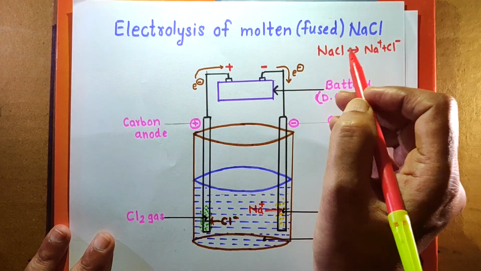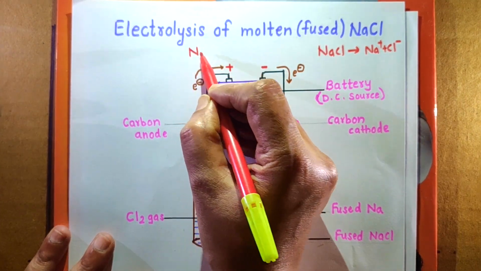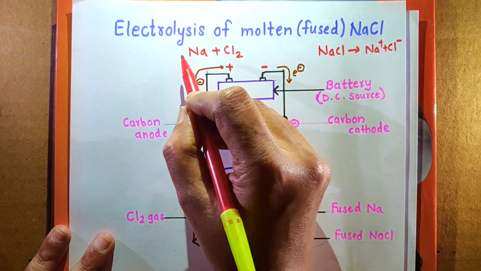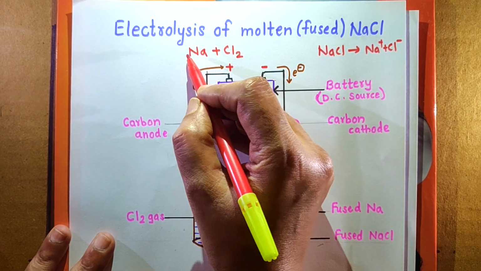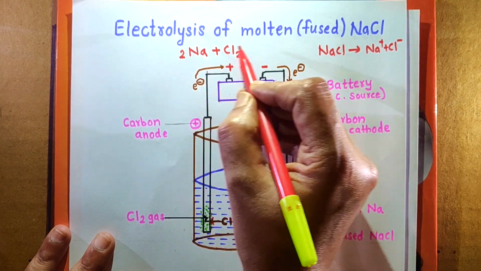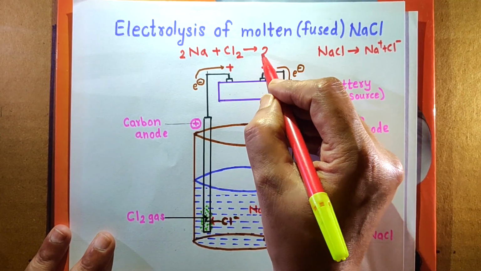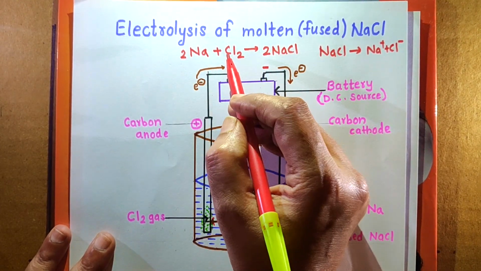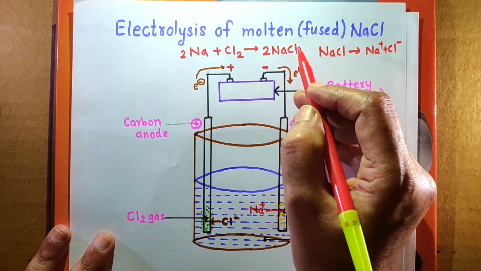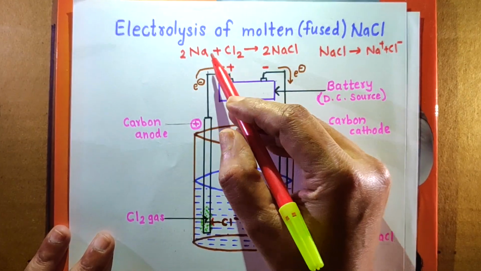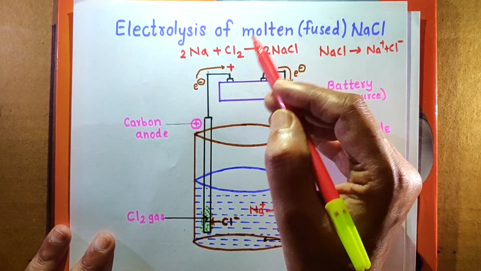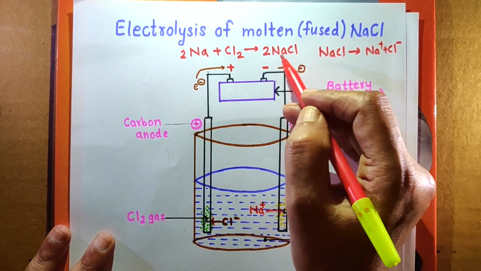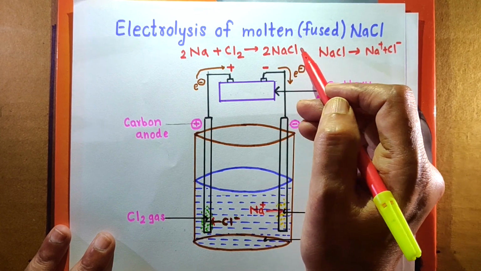Remember, NaCl is made up of sodium metal and chlorine gas. When you prepare sodium chloride, we require sodium metal and chlorine gas, and we can obtain NaCl. That is, sodium metal and chlorine gas react with each other to give NaCl. You know, this is ionic compound, that is Na loses electron, chlorine accepts electron, Na+ ions and Cl- ions are produced, and there is force of attraction between Na+ ions and Cl- ions.